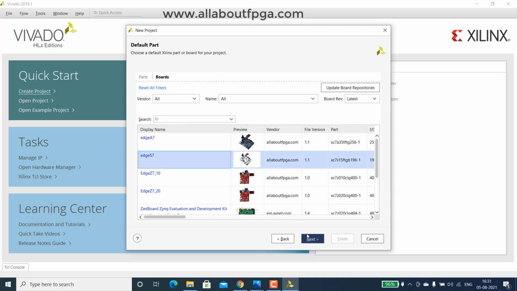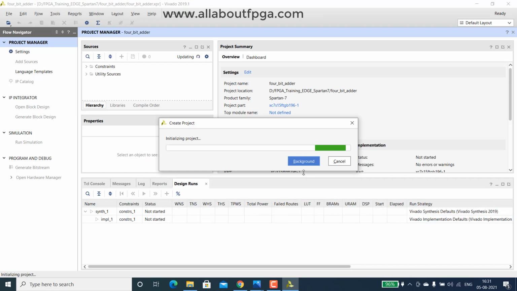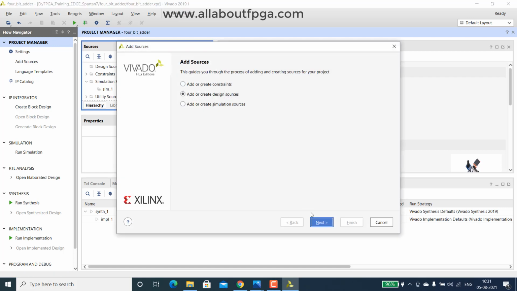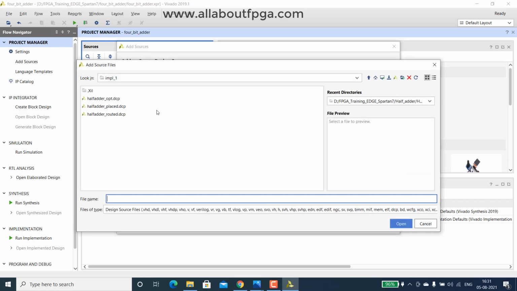Select the Spartan 7. So first thing we have to do is add the existing source, that is the half adder that we have already created.